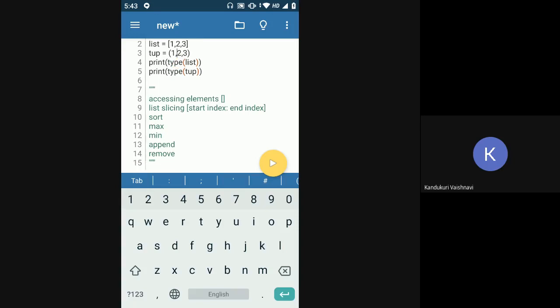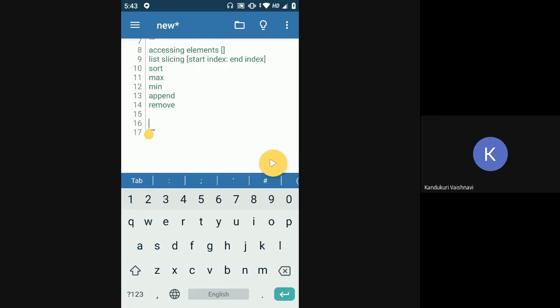The second difference is that a tuple is immutable. Now, can anyone tell me what is immutable? We have talked about it twice. We have said we cannot change the values. Yeah, you cannot change the value of the elements, right? So what was a list? Was it immutable or mutable? Ma'am, mutable. Yes, a list is mutable. We changed the values of the list, right?